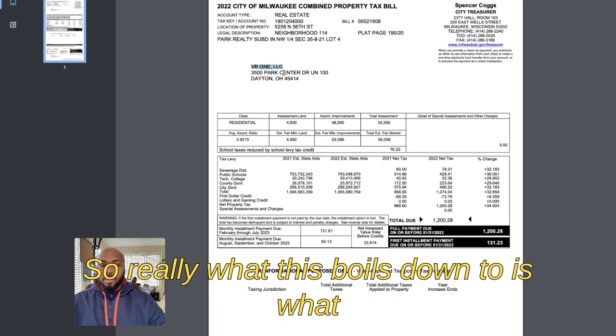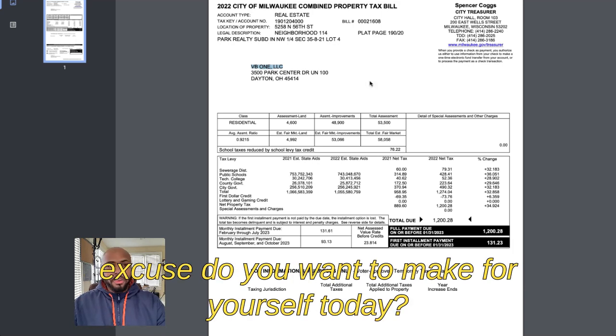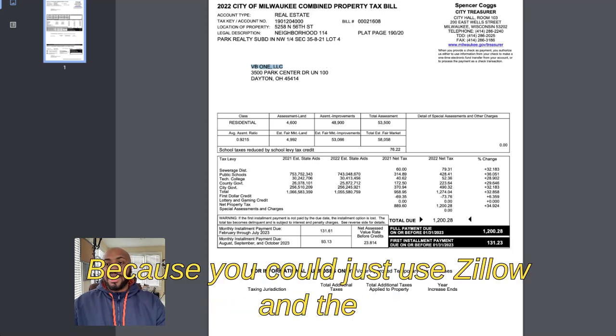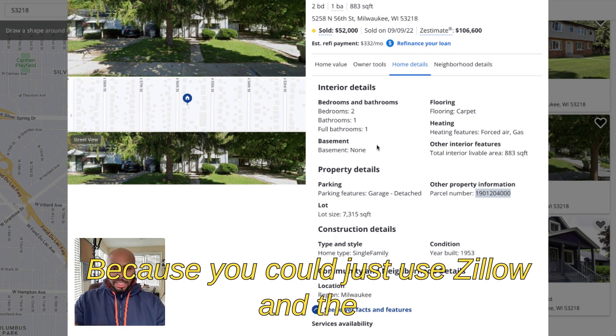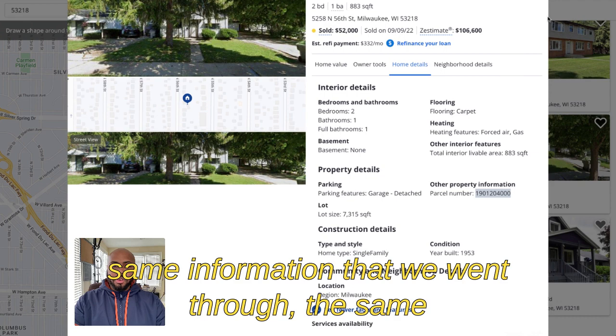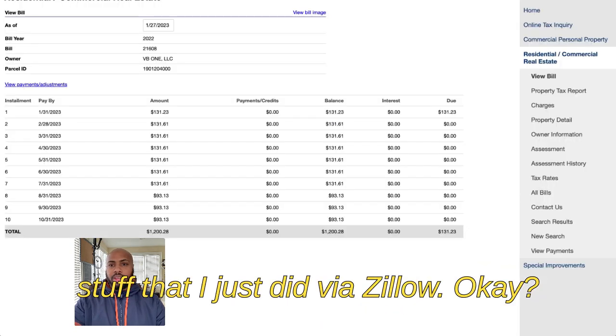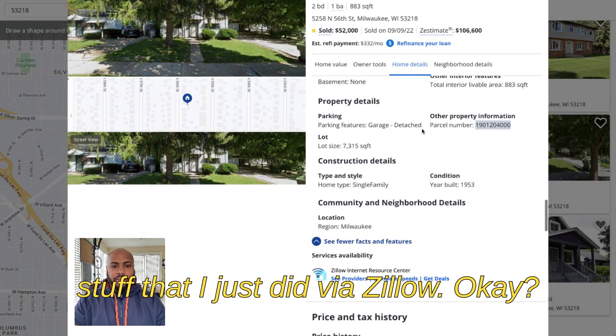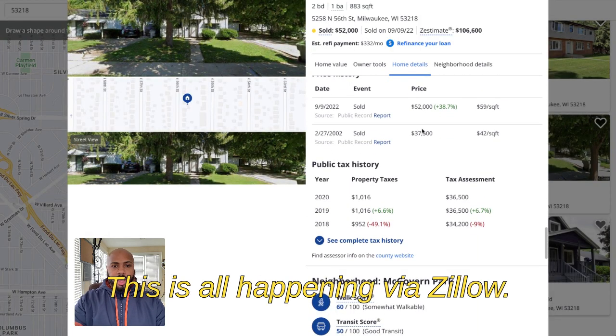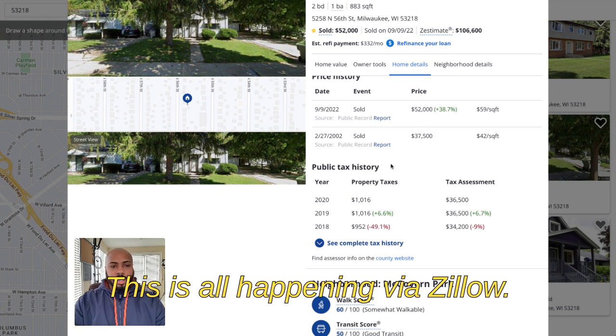Okay. So really what this boils down to is, what excuse do you want to make for yourself today? Because you could just use Zillow and the same information that we went through, the same stuff that I just did via Zillow. This is all happening via Zillow.